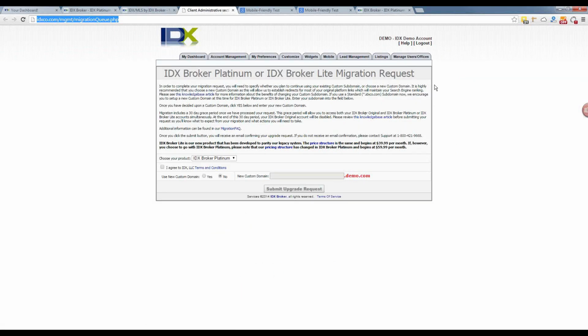So you go here, and it gives you the option. You decide which one you want, click to agree to the terms, choose whether you want a new custom subdomain or not, and then just submit your request. And that's it. It's pretty straightforward. The actual process itself takes 10 seconds, and that'll put you in the queue. Then we have people that review that queue every day, and usually within a few days,